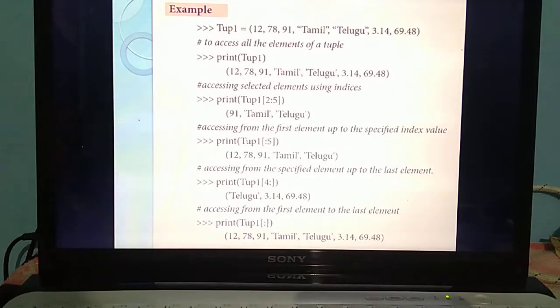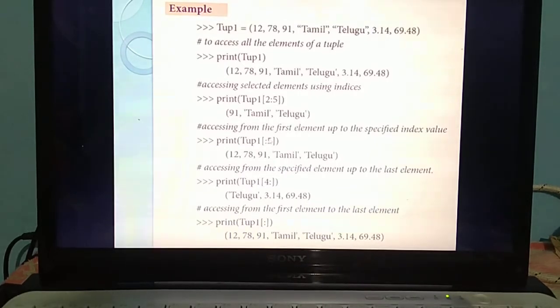Next you are going to access the elements without specifying the first index value. Okay. So you are not specifying the starting index, but you are specifying only the last index value. If you are not specifying the first index value, it will access the elements automatically from the first. If you specify the starting index, it will start from that index value. If you are not specifying it, it will take the elements from the starting index value 0.